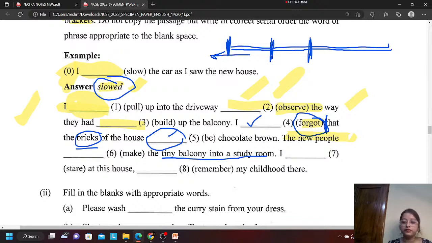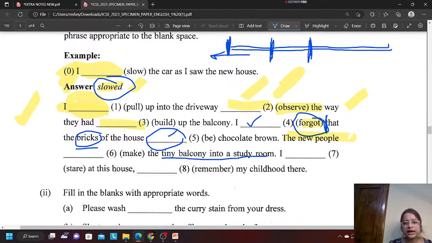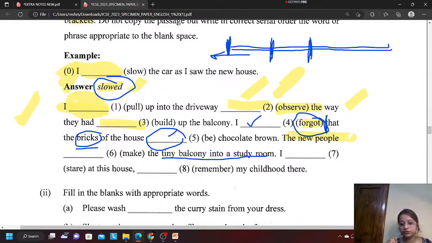Very good. Yusuf has written it correctly. This was slightly tricky. You see, what has happened? That means it is not have. Why have? Oh, it's the new people. Correct, correct. Have made. Why present perfect? Because when all these happened, when they left the house and all that happened, that is all past. But in the recent past, something has happened. They have painted the walls with a different color. Or what have they done? They have changed the tiny balcony into a study room. So this change has happened in the recent past. So for recent past, what do we use? We use present perfect. So we will write here has made or have made.